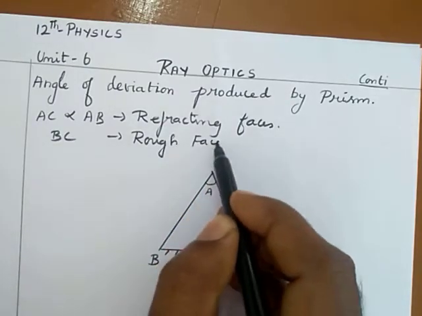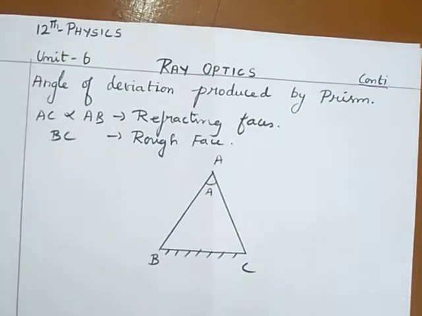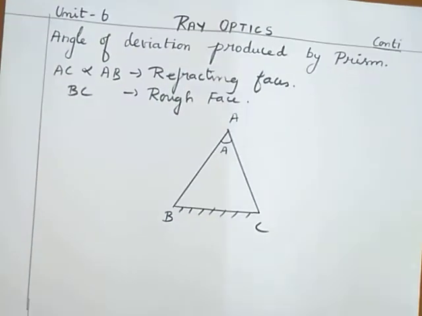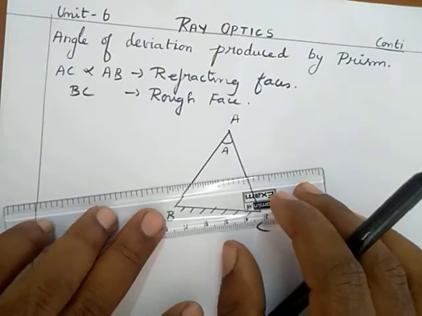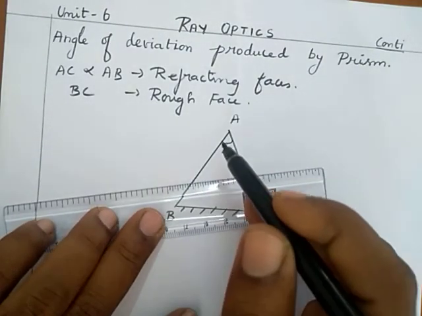Here I consider a ray of light that is incident on the side AB,